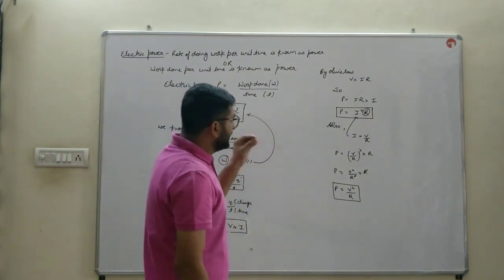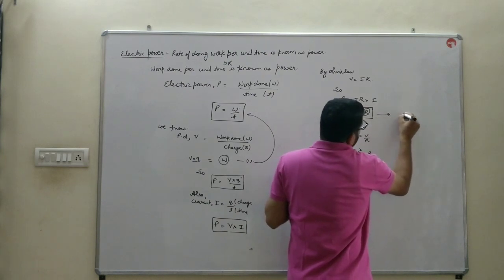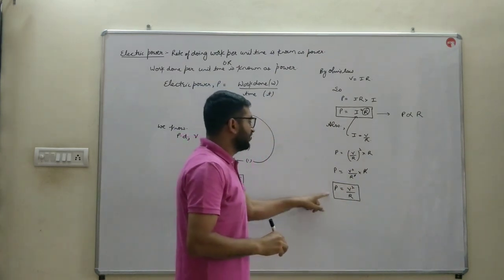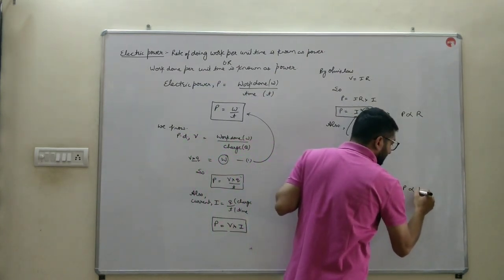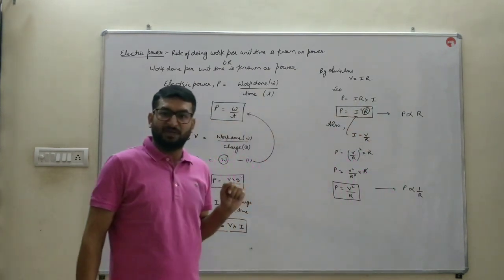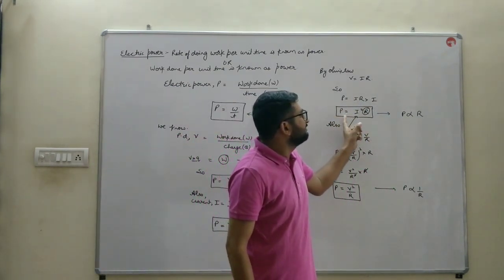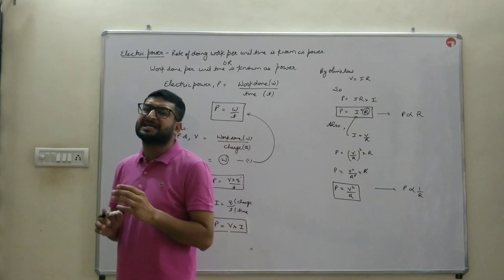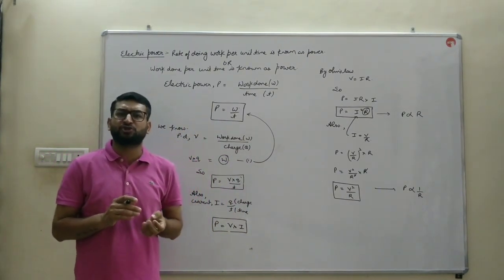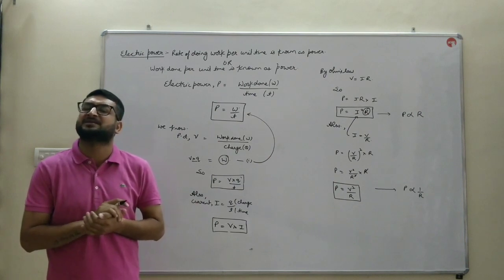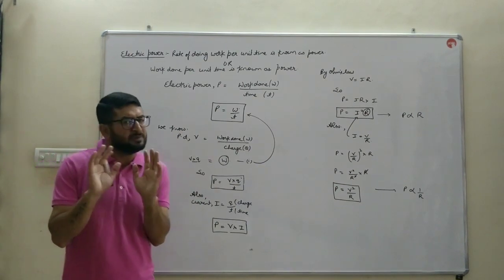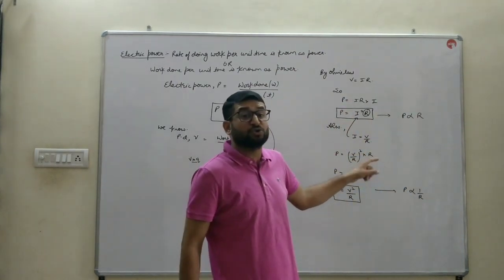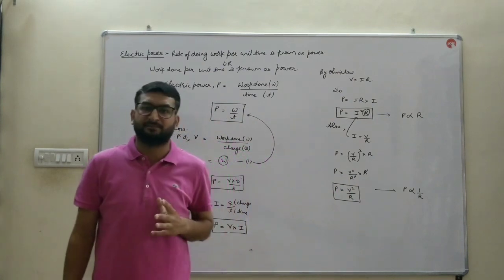Now, if we closely look at these two formulas, according to this, power is directly proportional to R, and according to this formula, power is inversely proportional to R. Is it possible that one quantity is directly proportional as well as inversely proportional to another same quantity? No. ये बिल्कुल भी पॉसिबल नहीं है बच्चे कि एक क्वांटिटी दूसरी के डायरेक्टली प्रोपोर्शनल भी हो और वही क्वांटिटी उस सेम क्वांटिटी के इनवर्सली प्रोपोर्शनल भी हो जाए. Then how it is possible?